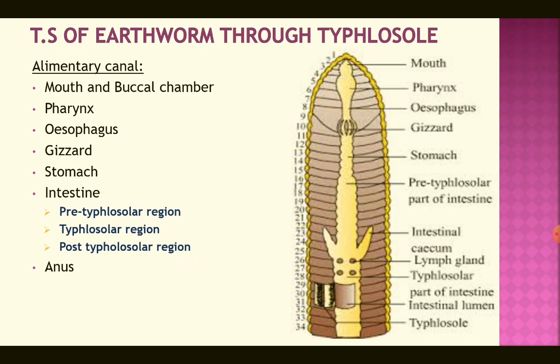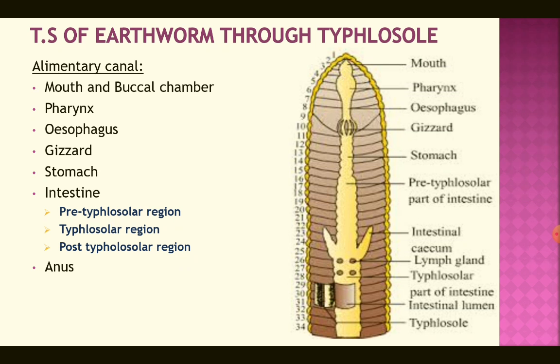One is the pre-Typhlosolar region, that is the region in front of the Typhlosole. Then the Typhlosolar region, that is the region of the midgut that shows the presence of this Typhlosole, and then the post-Typhlosolar region, that is the region after the Typhlosolar region, which is called the